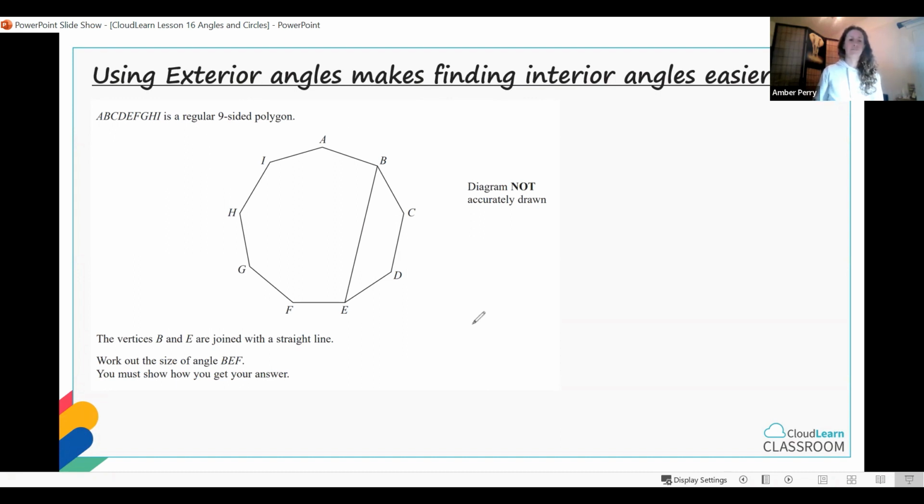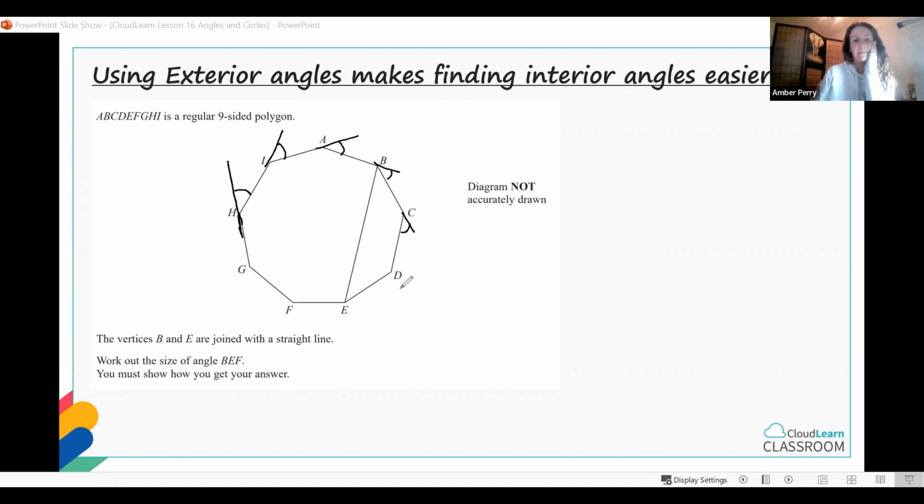Let me show you on this one. I'm going to show you before we do this question. So I'm just going to show you over here. I'm going to extend this side here out, and I'm going to find the size of one exterior angle on this 9-sided polygon. So it's got 9 sides, and then that means it's got 9 exterior angles. Okay, I'm not going to draw them all on, but it's got 9 exterior angles,